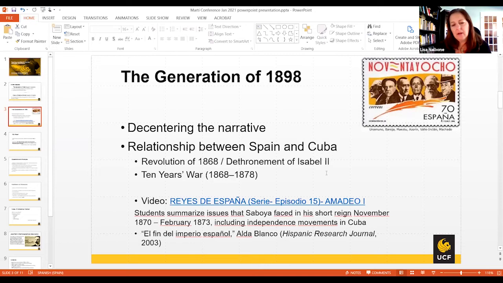And they come to the conclusions, or they begin to understand a little bit better how the political chaos and moment of tumult in Spain at that time opened up avenues, not just for this 10 Years' War, but then also for expansion in architecture or in the construction of roadways in Spain. I pull in some video, and they are able to see after the provisional government, after the dethronement of Isabel II, the king who was named from Italy, Amadeo de Saboya, Amadeo I.